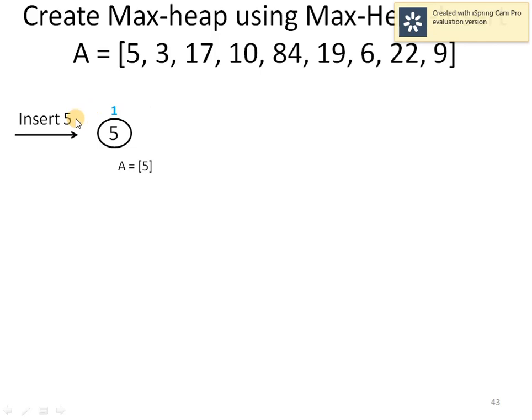So kindly note in this example, corresponding to the array shown with each figure, we are only showing those elements which are forming a heap at any moment of time. Other elements are also existing, but just for clarity we are not showing them in the diagram. Otherwise they are actually existing in the array. So initially we have a single element in the heap, so it is a heap in itself.